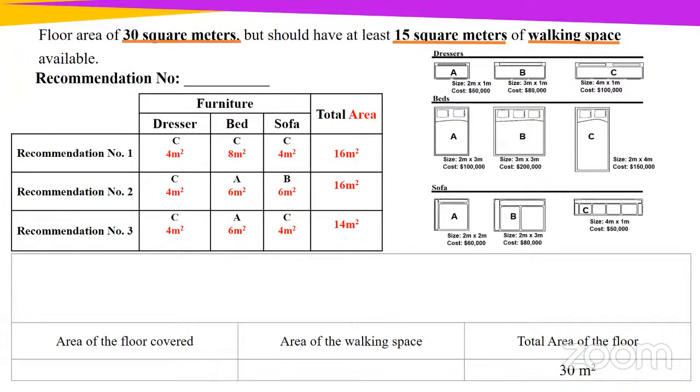So now, boys and girls, we have recommendation 1. And by the way, boys and girls, let me see how many persons remember. How much walking space should we have available? Let me see who remembers. I see the chat lighting up. How much walking space should we have? In the chat, overwhelming: 15 square meters. Very good. Good job, boys and girls. So you are remembering. We should have 15 square meters.